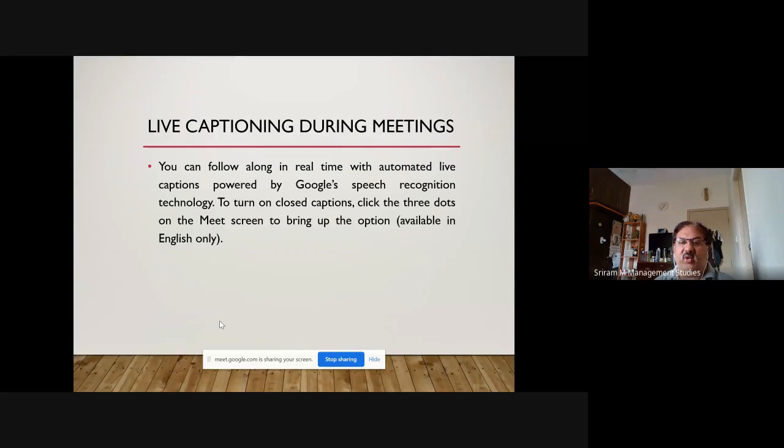But the only problem is that it goes according to the pronunciation. Sometimes we say something and it might take it differently, especially when we have certain Indian names and those kinds of things, because their software is enabled depending on the actual pronunciation of the words in English. Anyway, we can't help it, because that's how the software works. By and large, in our experience, we've seen it's almost close to 90% accuracy when we speak normally. It does recognize pretty well.